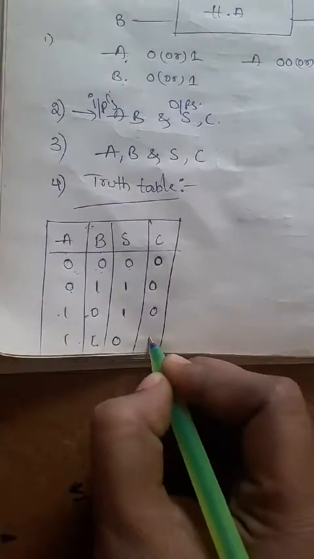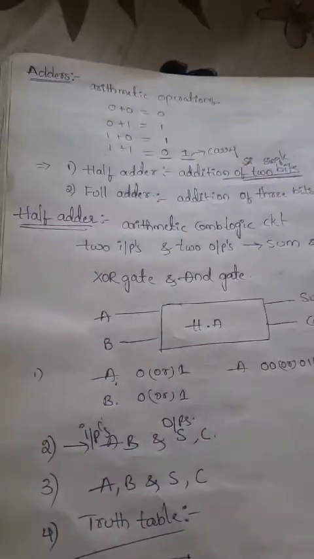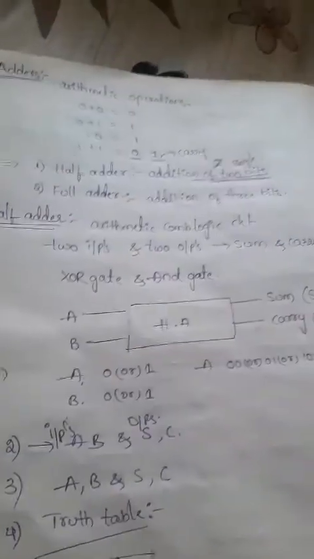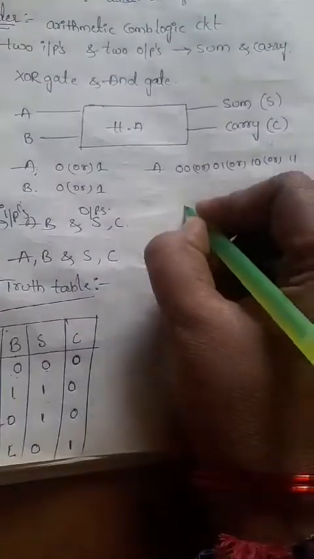The two values, sum will be 0 and carry will be 1. Okay, so already you know this from Boolean algebra. By adding two binary digits, these are the possibilities we are getting. Here we get the outputs: sum will be this one and the carry will be this one. Okay, so now what is the next step? What is the fifth step actually?